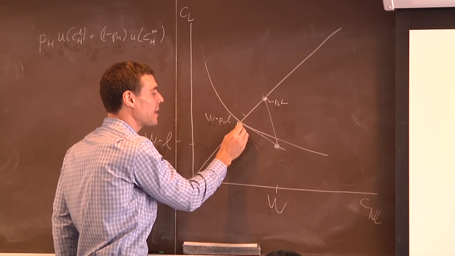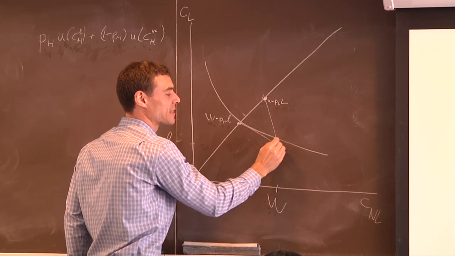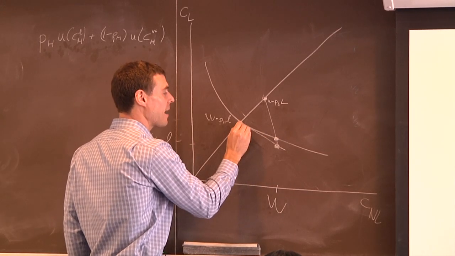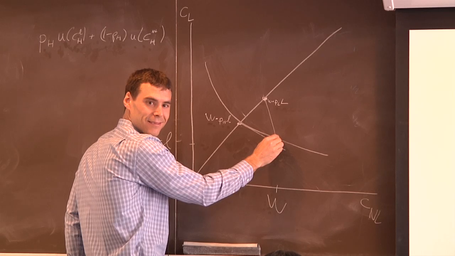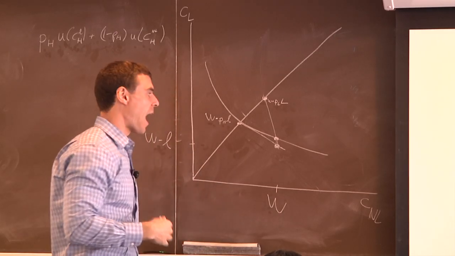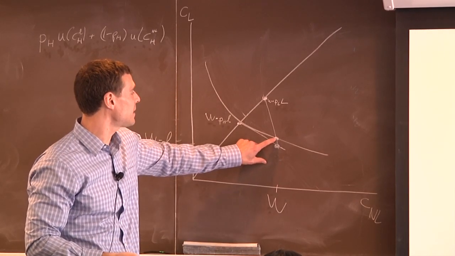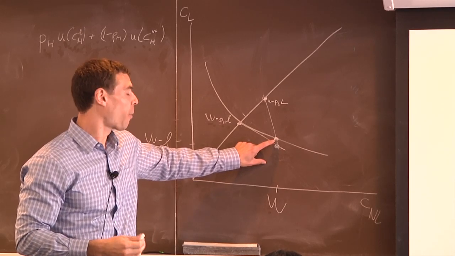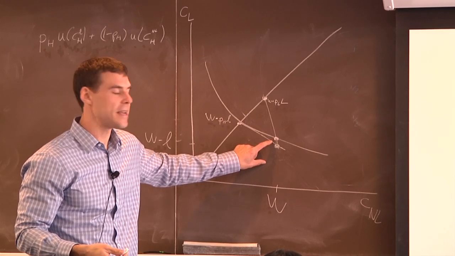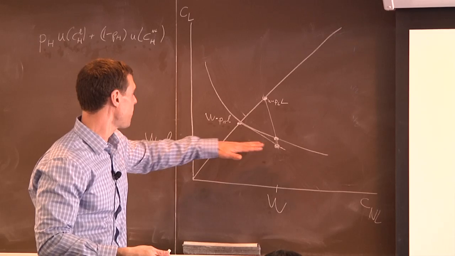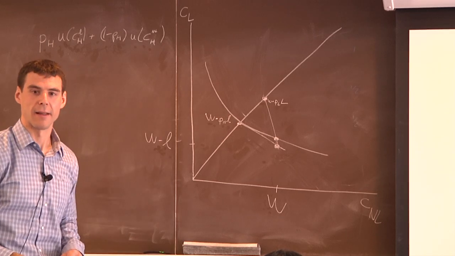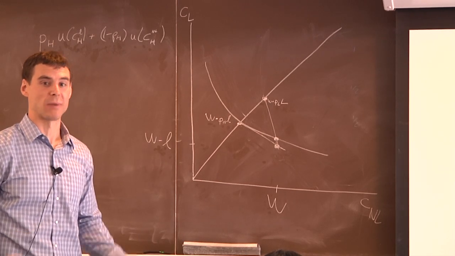And so Rothschild and Stiglitz say, well, okay, you can't offer this contract. Why can you do this one? Because this guy isn't going to take it. And what does this contract represent? It represents a higher deductible. This guy experiences a part of the financial loss. He's not fully insured. So he accepts a contract in which if the loss occurs, his consumption is below the 45-degree line. In other words, he's exposed to risk.